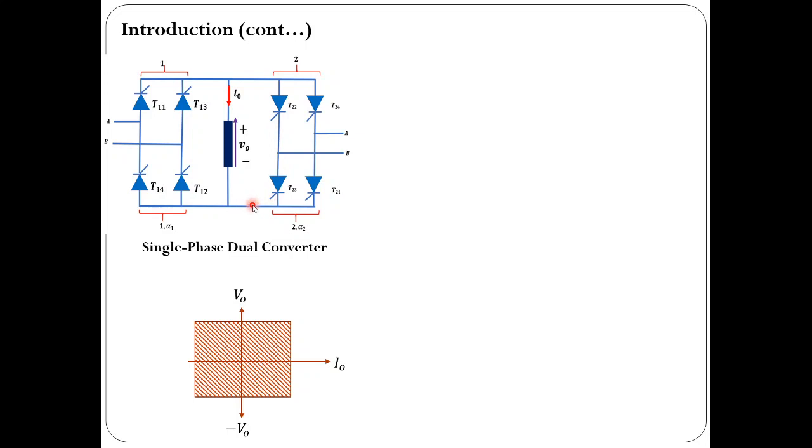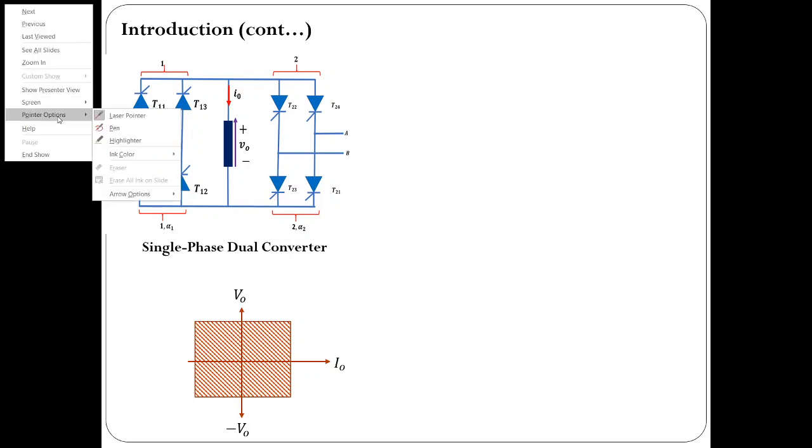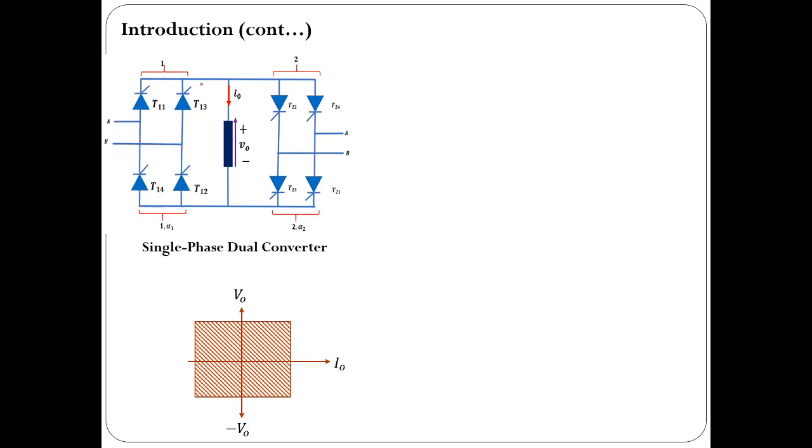So current would be this way. Okay. So now let me take a pen here and mention: current through converter 1 would be this way, where current through converter 2 would be this way. Now this converter 1 injects current in this direction, the downward direction, when it is operating alone.